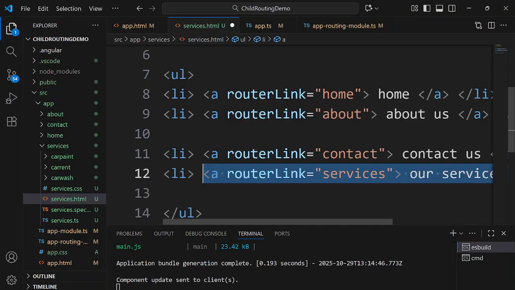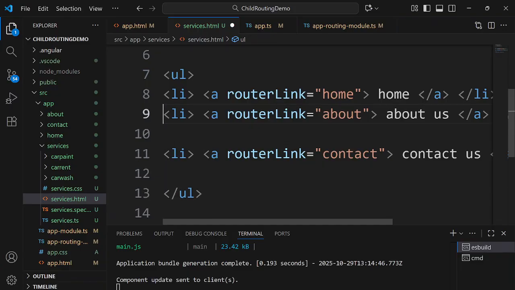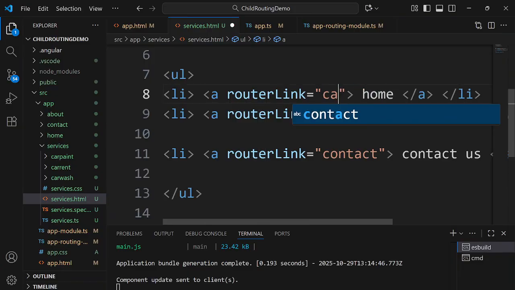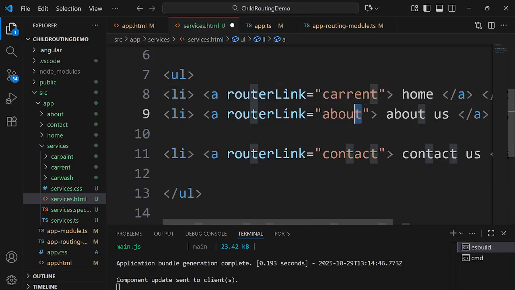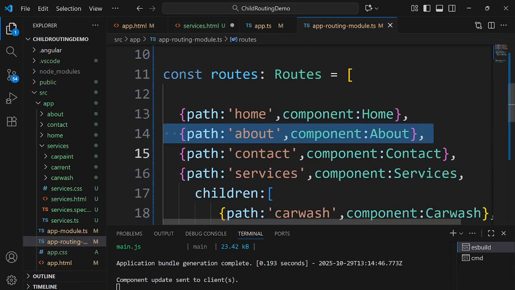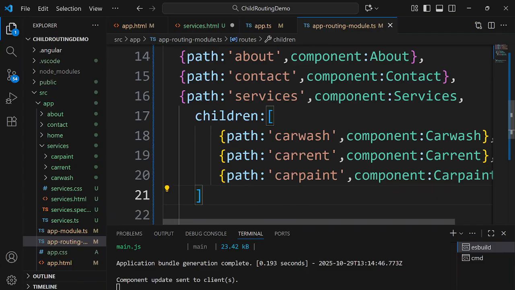And here we have only three options, which is the car rent, car wash. Let me just reconfirm the same. So I have car wash, car rent, and car paint,